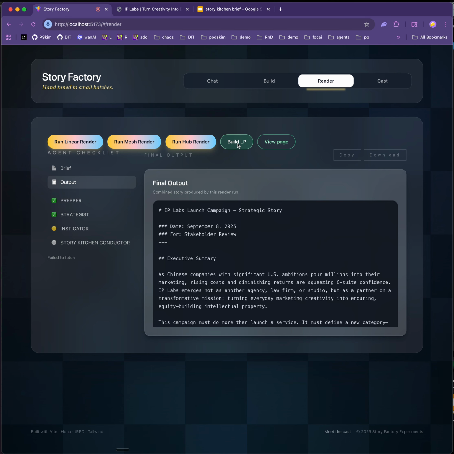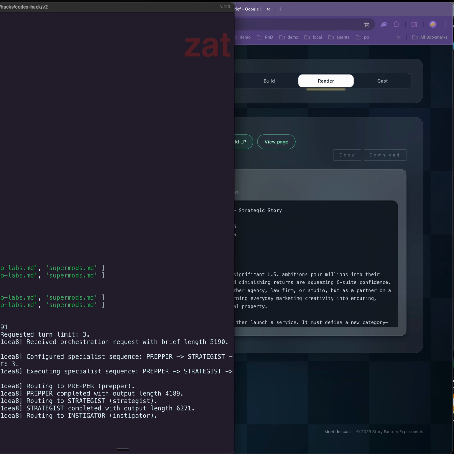And this is actually using Codex wrapped in a shell, a subshell. So we spawn a subprocess to actually build a landing page for you. And once the landing page is built,